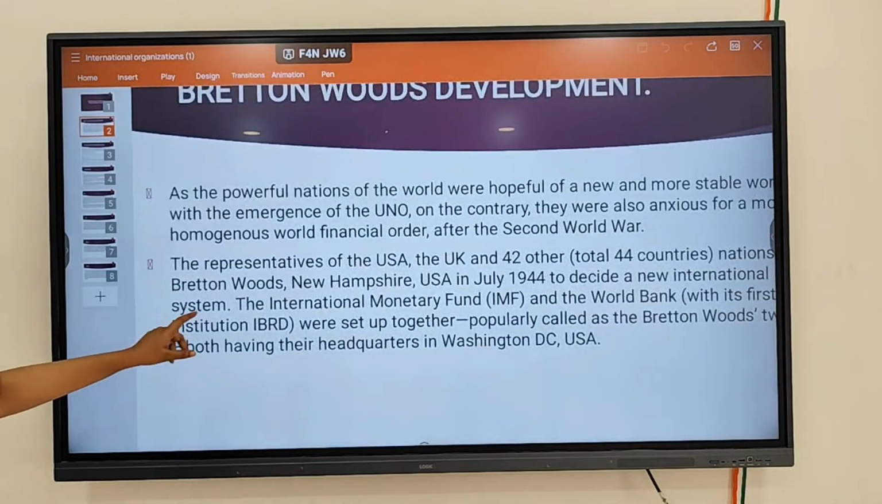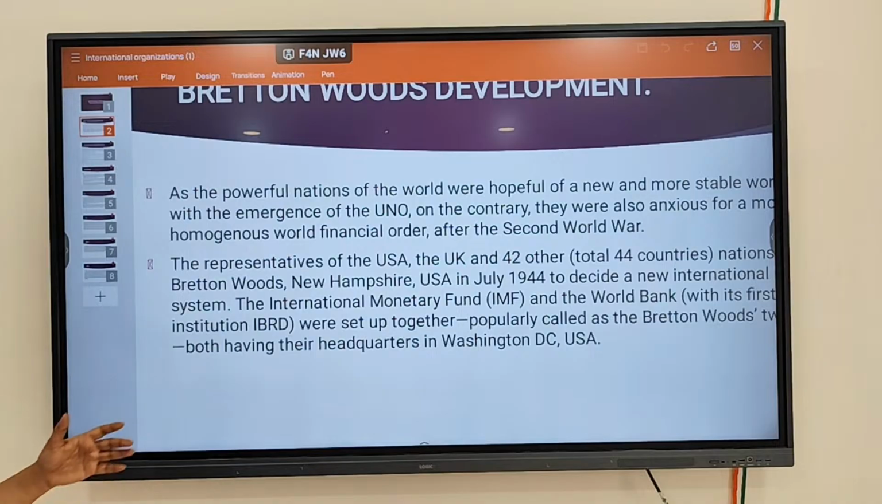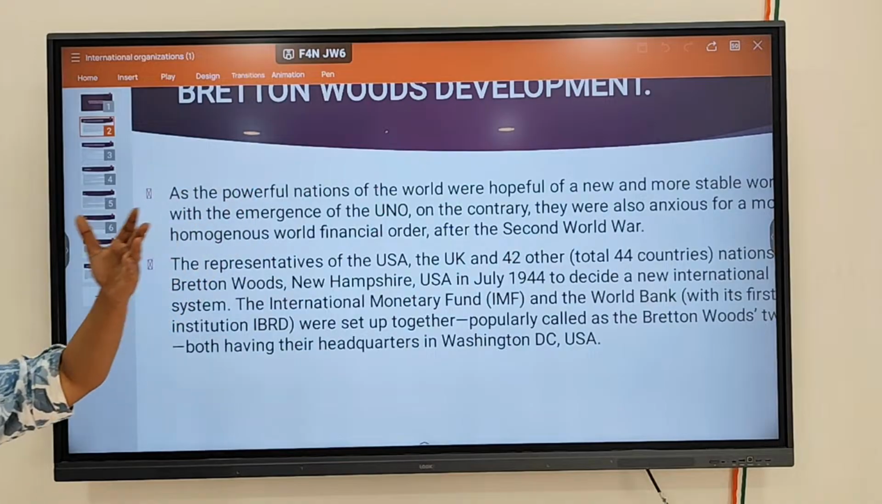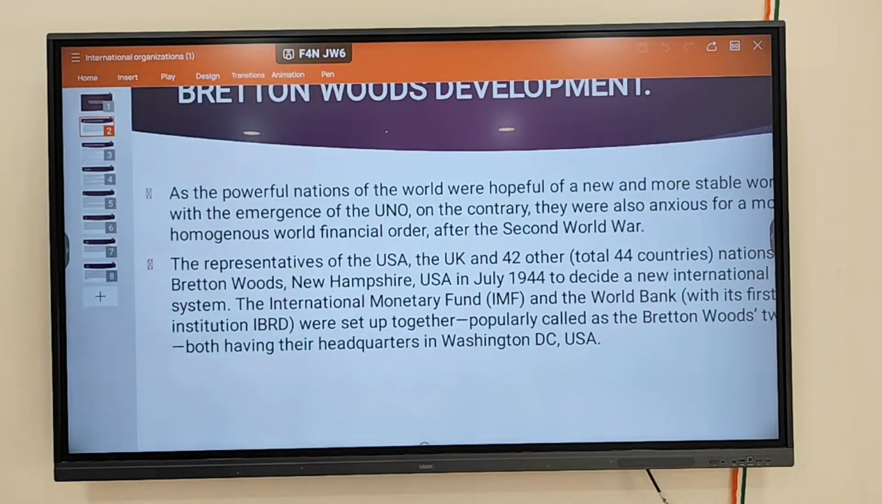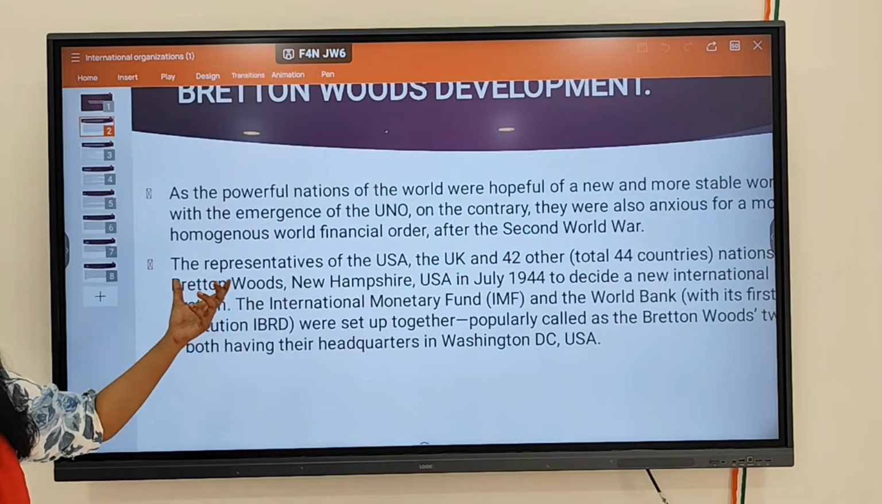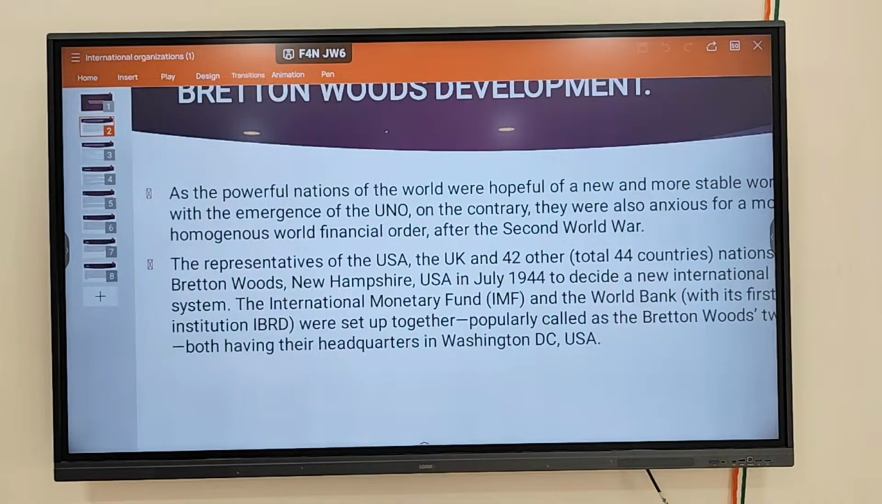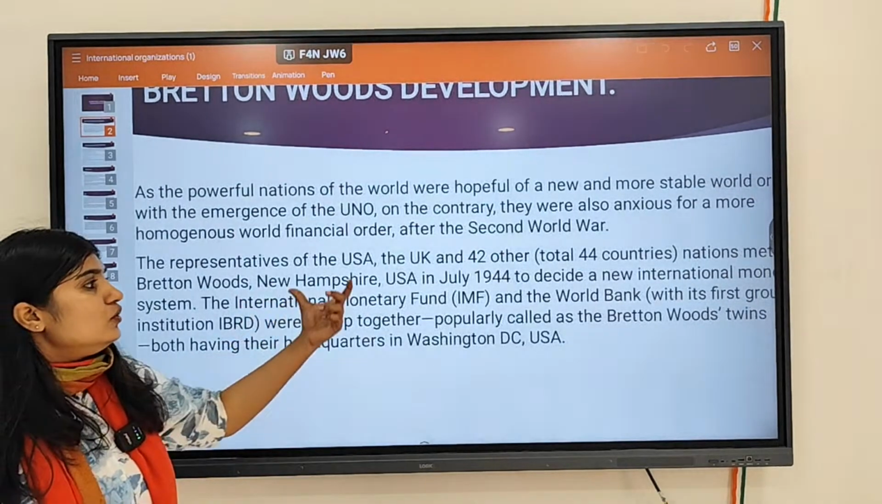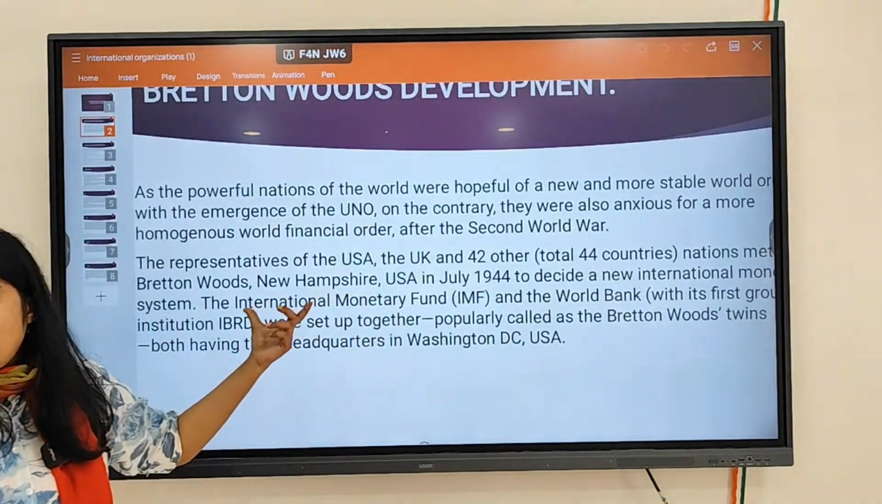Firstly, in Bretton Woods, that is in the USA. After the Second World War, the representatives of the USA, the UK, and 42 other nations, totally 44 nations, came together and attended this session in Bretton Woods. That is why it is called Bretton Woods development. In that Bretton Woods conference, they established two banks. One is the IMF,